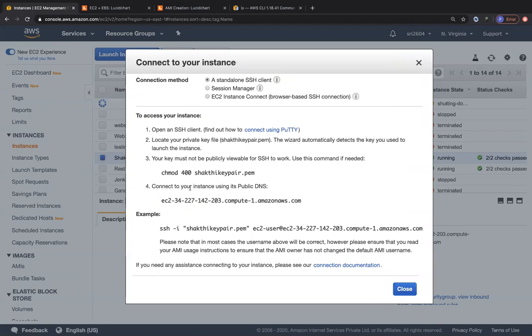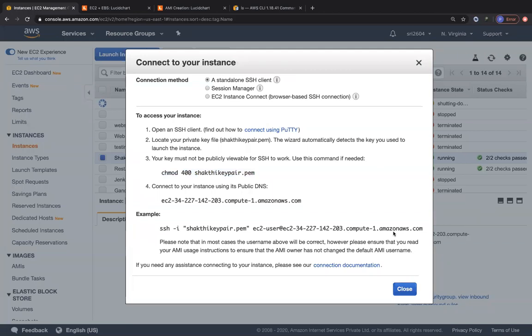It will give you specific instructions as to how to connect to an EC2 instance. So you can see over here the same commands that I did through the terminal window. Those same commands are mentioned over here. So for a restrictive read, you can go ahead and use the chmod 400 command on your key pair. And then to connect to the EC2 instance, it is asking you to use the public DNS endpoint, because irrespective of how many times your EC2 instance is stopped and started, you will get a new DNS endpoint as well as a new public IP.